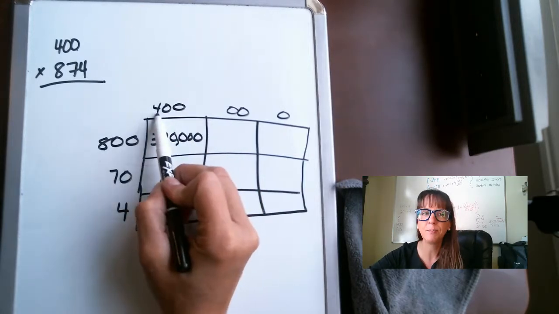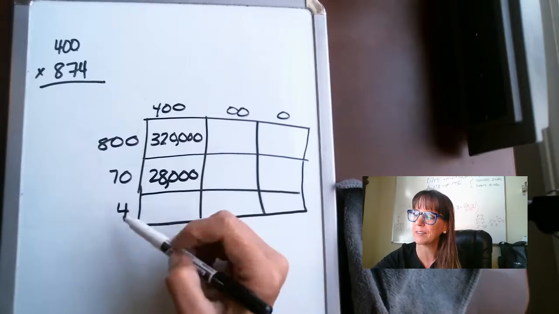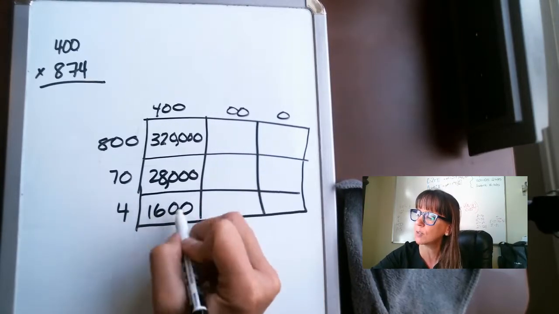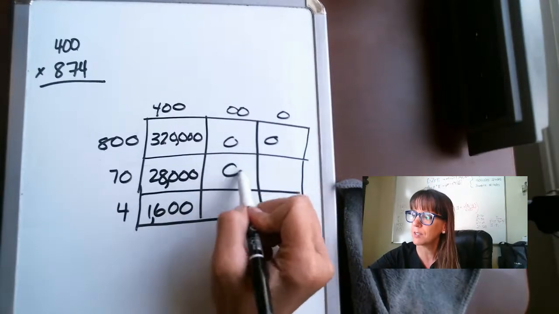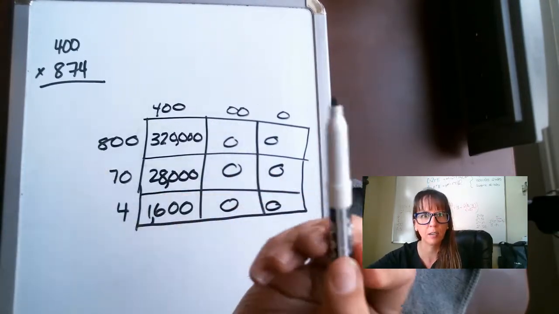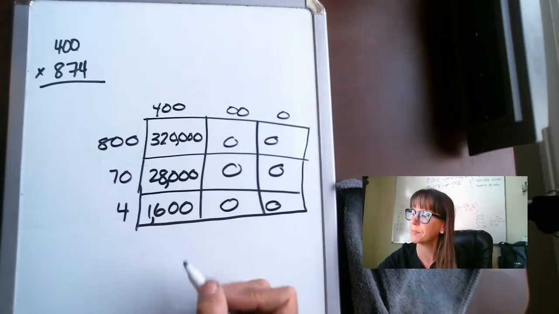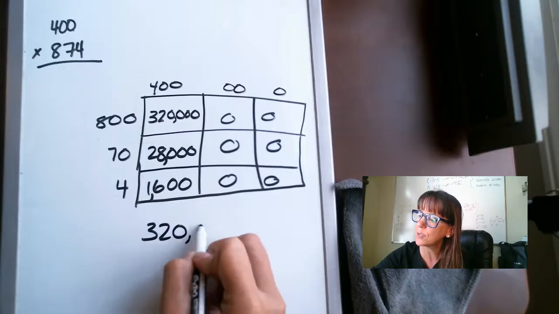4 times 7 is going to be 28 with 1, 2, 3 zeros, right? 4 times 4 is 16 with 2 zeros. Now, all of these zeros: 0, 0, 0, 0, 0, 0, okay? Because 0 times 800 is 0, 0 times 70 is 0, right? So we add all this up together, and we get 320,000,